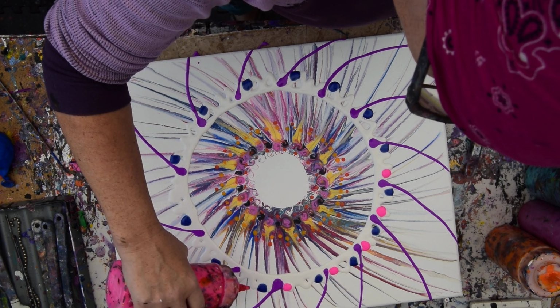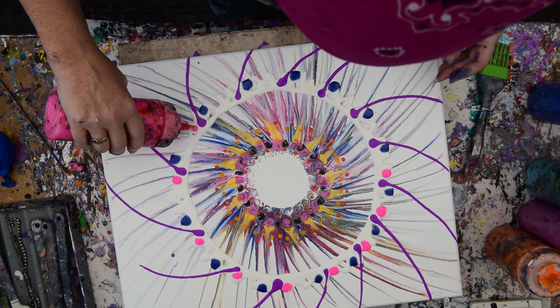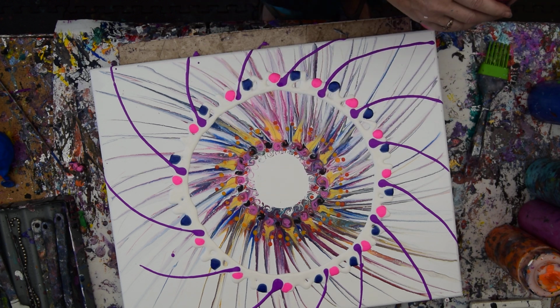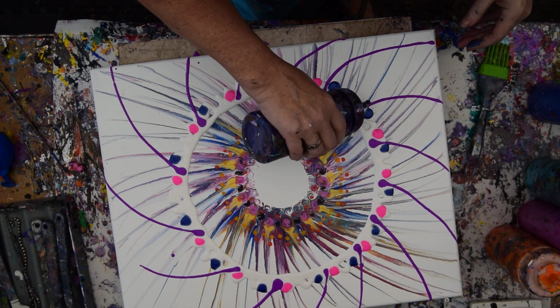I think the thing that kept me from getting what I wanted with the original, the start, was not enough white paint in the background. A good layer of paint is sort of an imperative. I'm going to give myself...